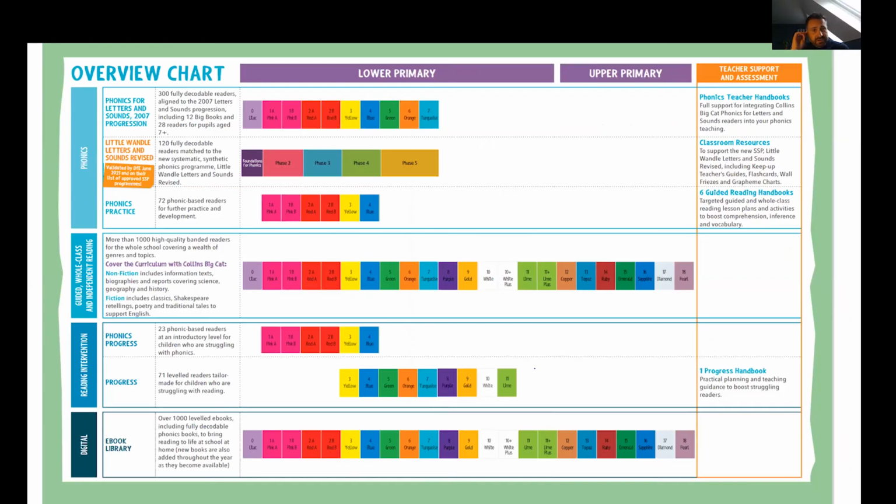So this is an overview chart of where they go from the books. Right at the beginning, you start at lilac, and then you go up through the pinks and the reds. The lilac is your phonic introduction. These are your new beginners, new to reading, and they grow up as far as sort of red. The red books are at sort of year 1 level. Red, yellow, and blue kind of cover year 1 really, and year 2 you should be looking at sort of